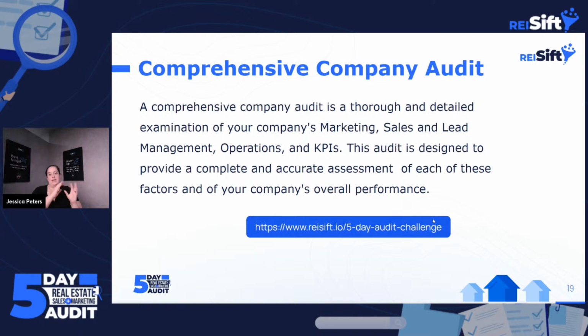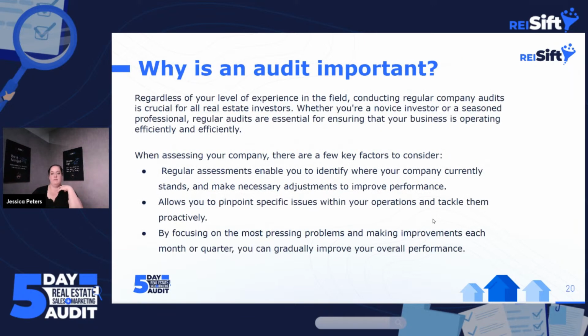And then we audit each of those things, and we get a score for each department, kind of area of your business, so that you can dial in on where is the biggest leak first. Maybe my biggest leak is marketing. I want to plug that leak first. And then next quarter or next month when I audit again, I'm going to tackle KPIs, right? You want to tighten up the leakiest sink first in a way. And then you also get your overall score as well.